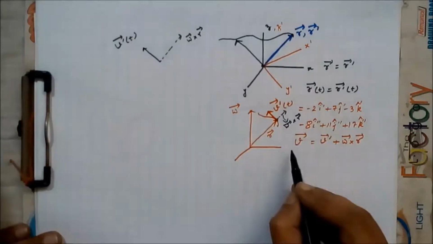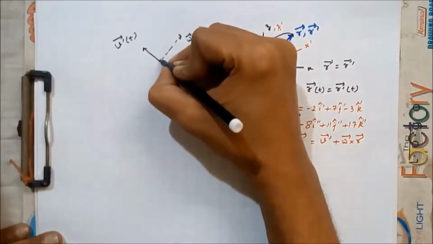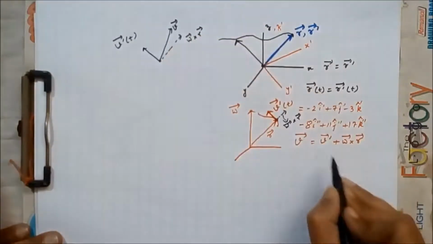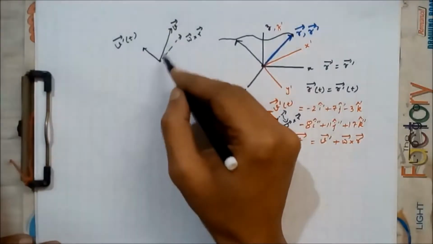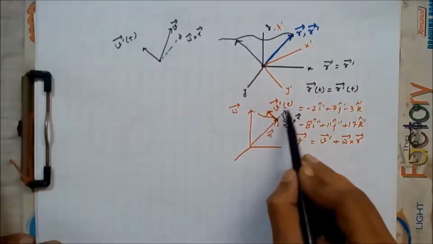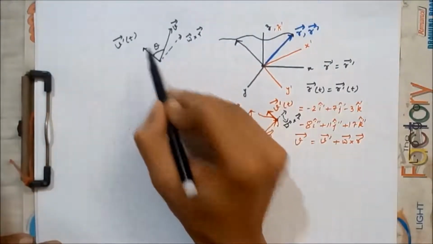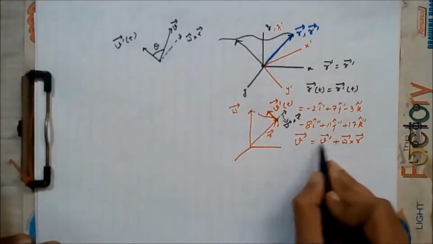Now, the v vector is the sum of these two. So it's a completely different vector. This is our v vector, which is given by v prime vector plus omega vector cross r vector. It has a completely different magnitude from v prime, and it makes a specific angle with respect to v prime of t. Obviously all these are also functions of time,